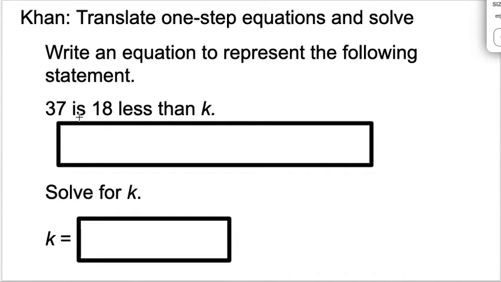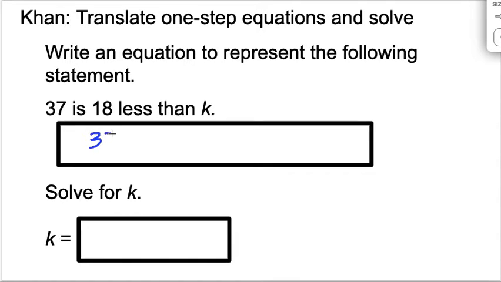37 is. When we see something like that, that means equal. So 37 equals 18 less than k. And when we did our expressions, these were the type that most people miss, these ones that were written out like this, 18 less than k. Less means we're going to subtract, but since it's 18 less than k, we're going to start with k and take 18 from it. So our expression is going to be